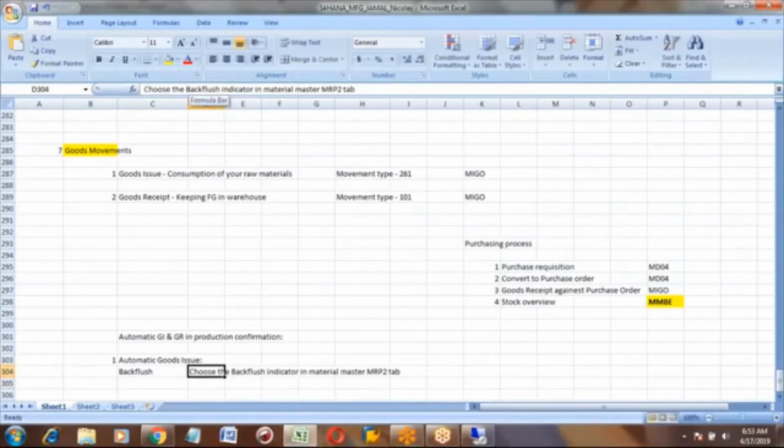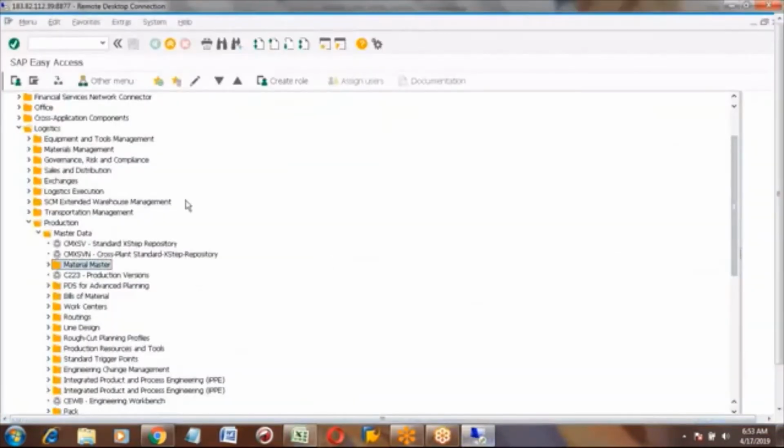If you choose this in the MRP2 tab, automatically when you are doing confirmation, this goods issue will come. So when we select backflush in MRP2, then it will do backflush automatically. I will show you practically where it is.